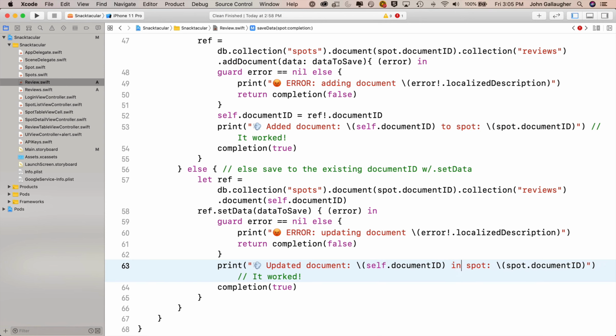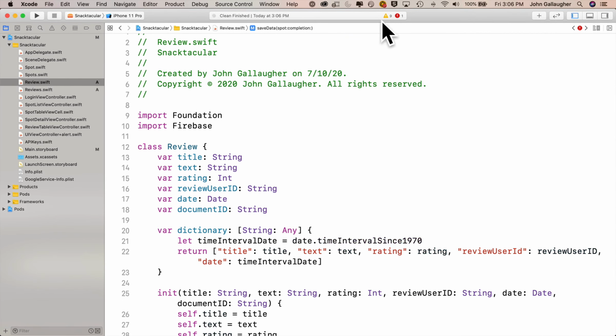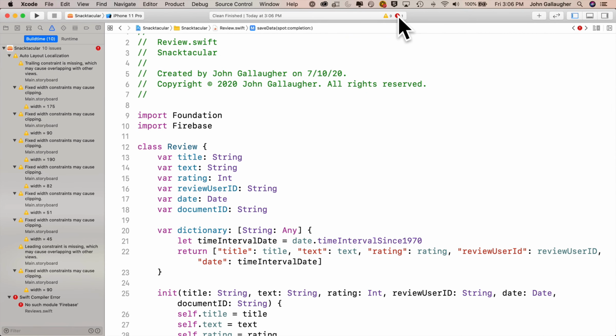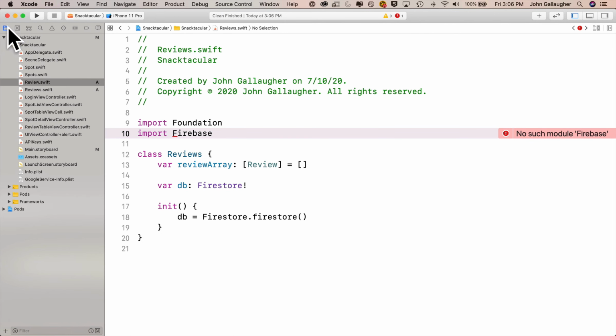So the print statement now reads, "updated document", string interpolation self.documentID in spot.documentID. Now Xcode is giving me an error. If I click on the little red error ball in the title bar, I can see that it's in the Reviews.swift file, and if I look in that file, I can see the error says "no such module Firebase." That's one of those bogus Xcode errors that occurs when it's not recognizing that a valid CocoaPod library has been installed. We can ignore that, there aren't any legitimate errors, so let's keep going, and we'll head over to